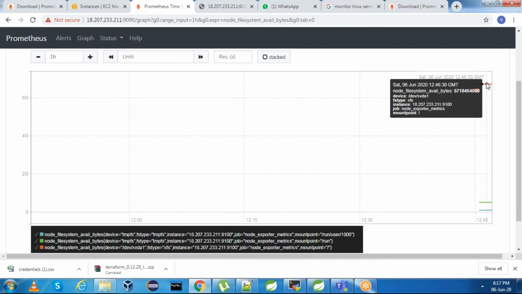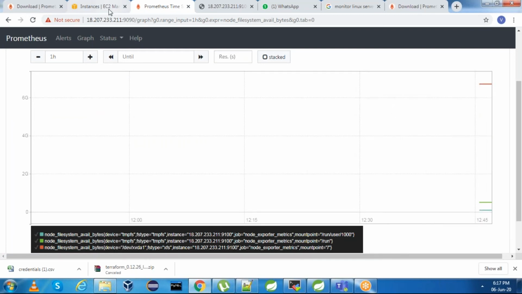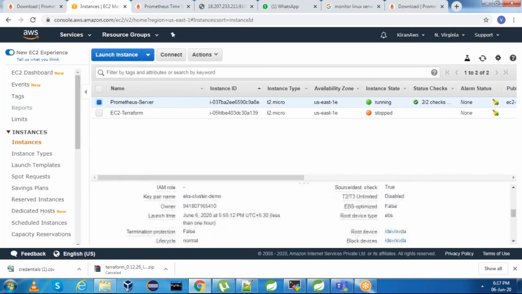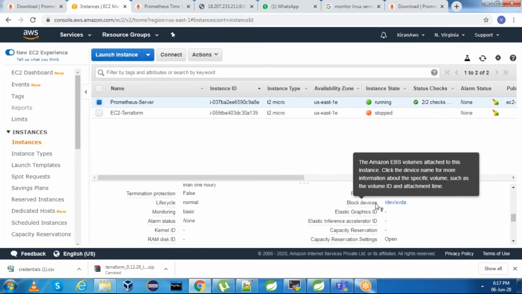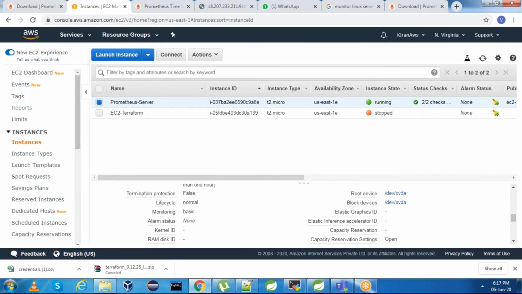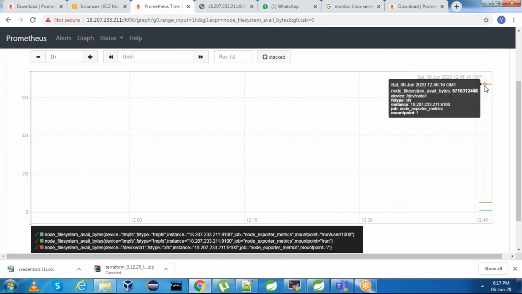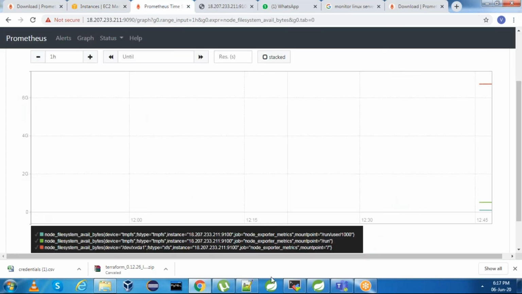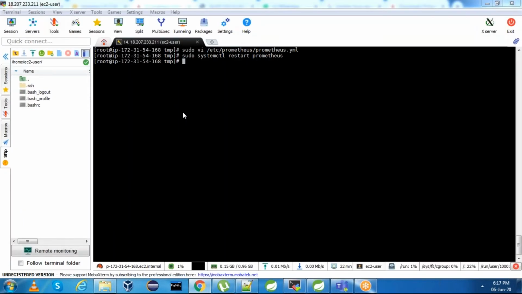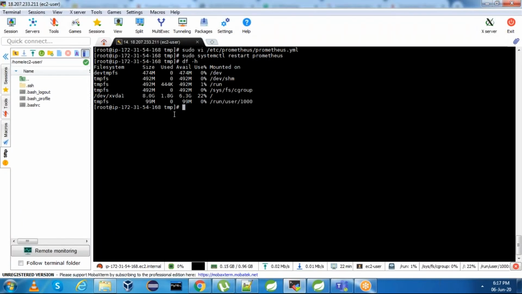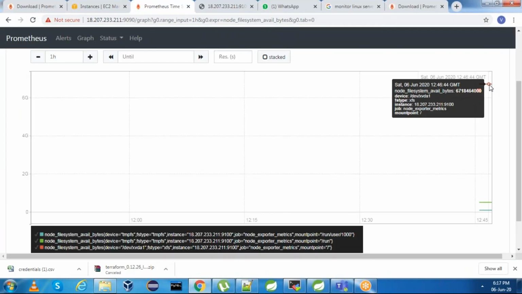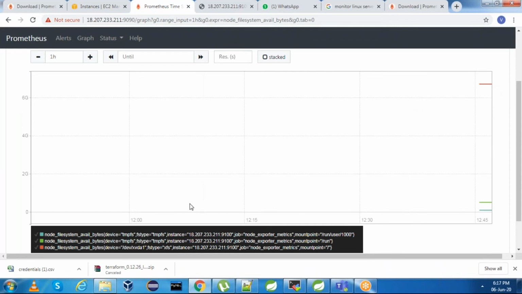You can see the file system. This is the space, /dev/xvda1. This is the root device, right? Root device and block device, you are able to see here. This comes from df -h, which shows the file system /dev/xvda1. We are able to see the file system and how much usage it has; everything is shown here.